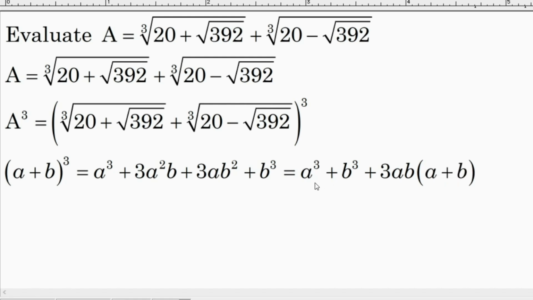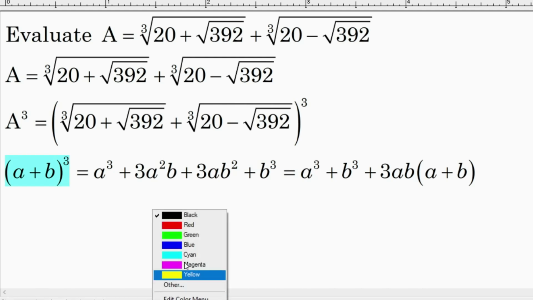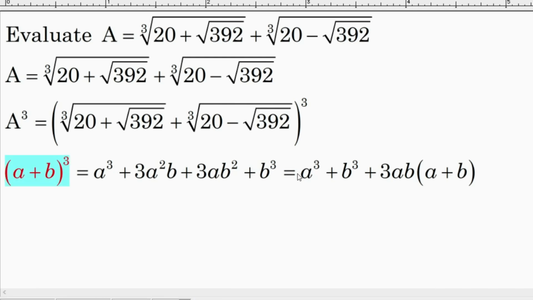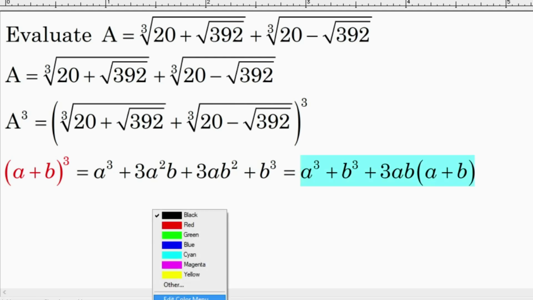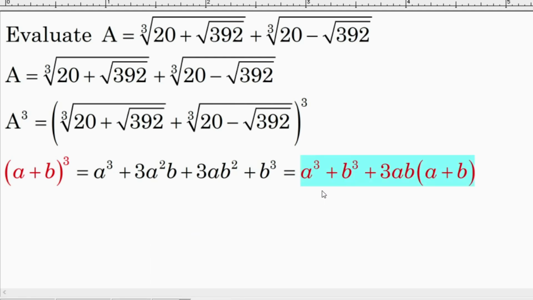Okay, so now I'm going to expand this (a plus b) raised to cube here, and it will be expanded in the form of this one, yeah? Okay, so then I'm going to expand this in the form of a cube plus b cube plus 3ab and then factor (a plus b). Okay,